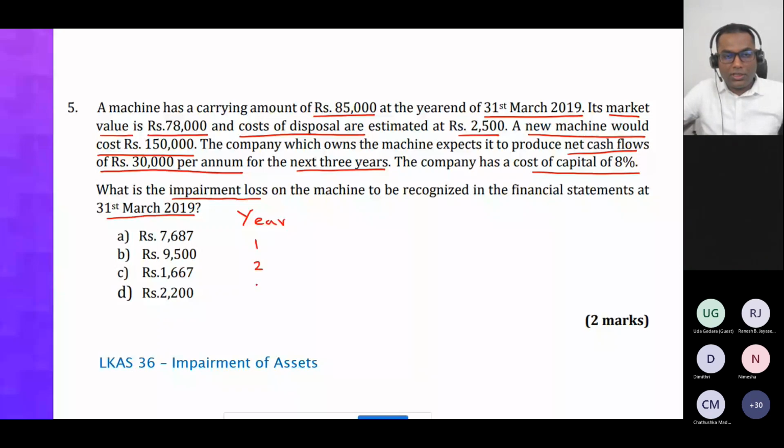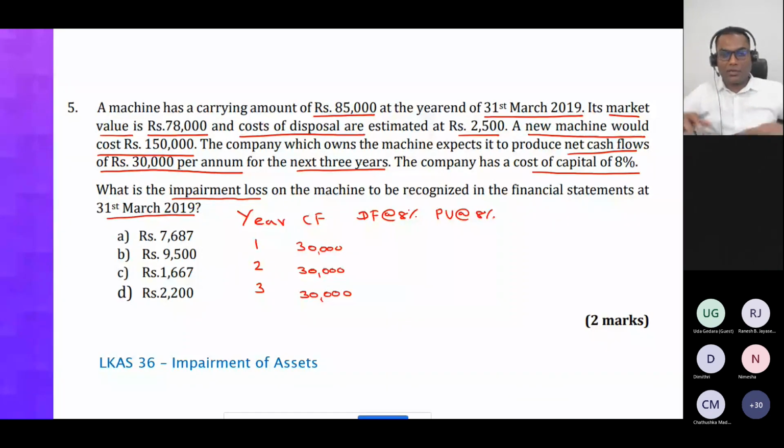1, 2, 3, what is the cash flow? Each year you get 30,000. Second year also you get 30,000. Third year also you get 30,000. Then you can calculate the discounting factor at 8% because the cost of capital is 8%. Then get the present value at 8%, right? If you look at the discounting factor at 8%,